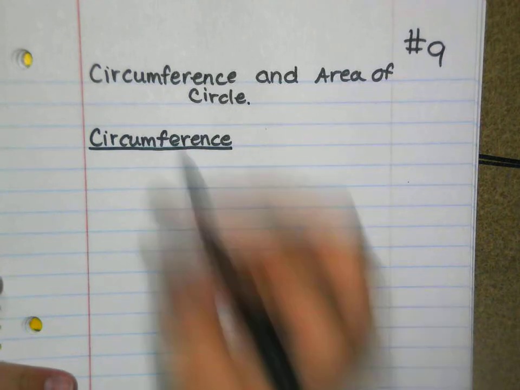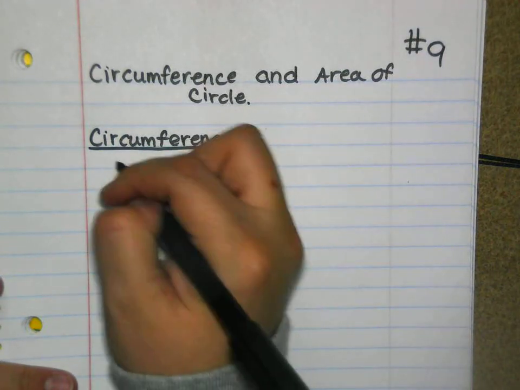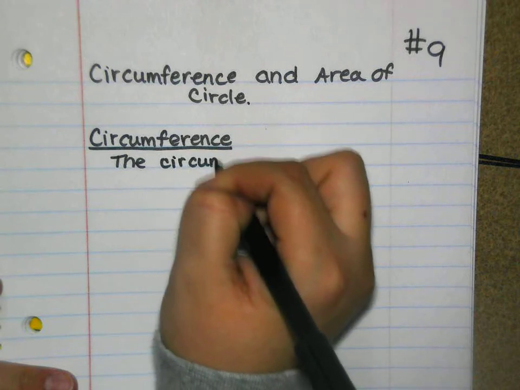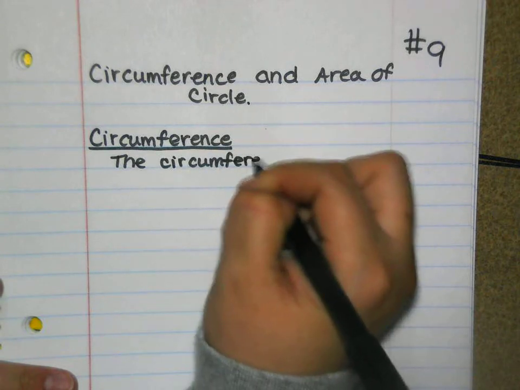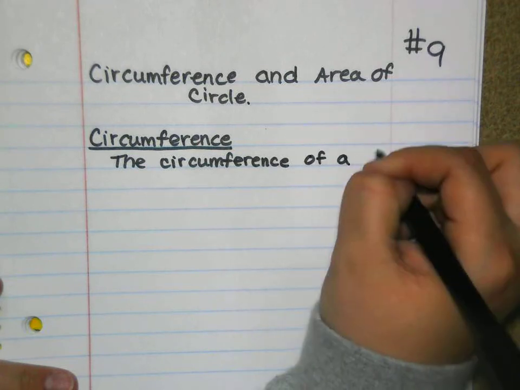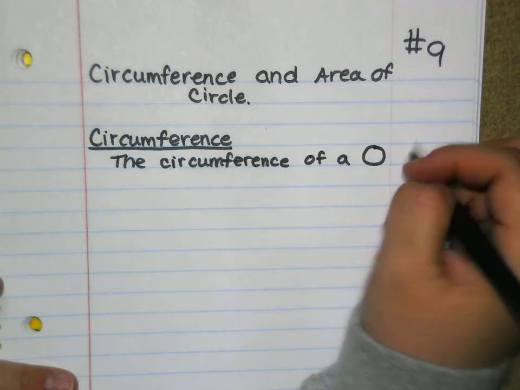Okay, so circumference is, let's write it in words, the circumference of a circle, we're just going to draw a circle, is